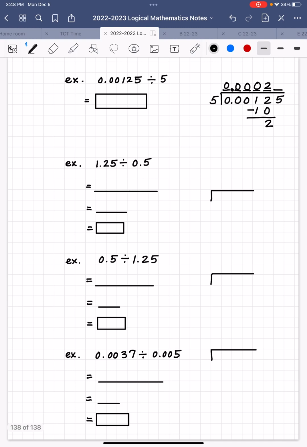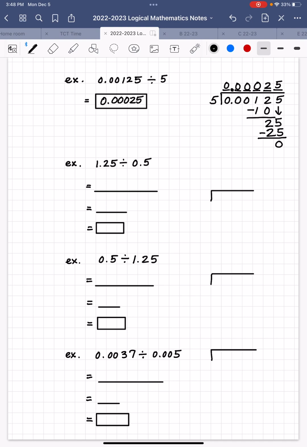Okay, the remainder of 2 is less than what we're dividing by, 5, so we can pull down the next digit, making this number 25. Now we ask, how many 5s are there in 25? And there are 5. So 5 times 5 is 25. 25 minus 25 is 0. Did we get a remainder of 0 to the right of the decimal point? Yes. Are there any other digits to pull down that are not zeros? No, so we're good. We have our quotient of